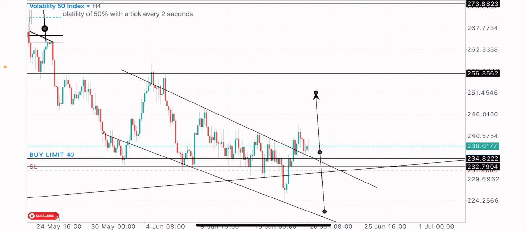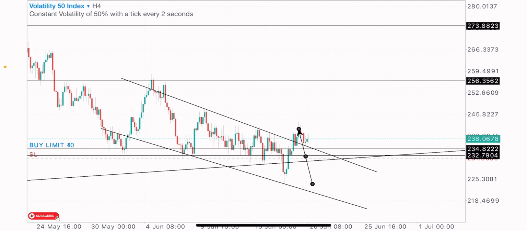So on this same level, we got an order block formation, which I always look out for my entries. We've got this bullish order block, which is a rally base rally formation. So I'm expecting price to sell a little bit to attract more buyers. So I feel like this level basically is a very solid buy zone on this index, and that's the level I'm looking out for. That's the level I'm waiting for price to get to before I buy.